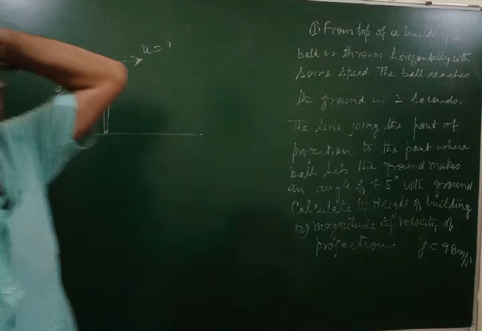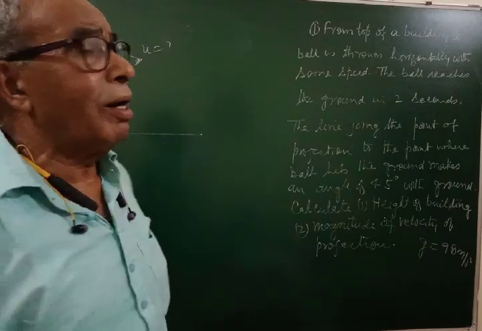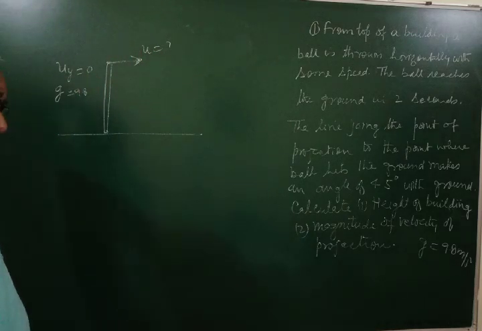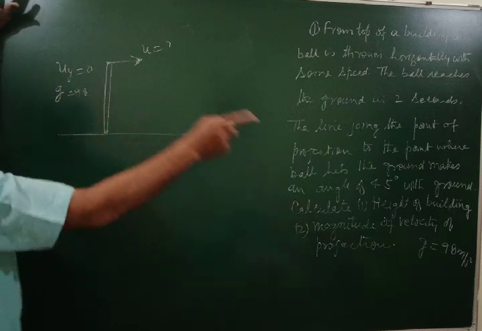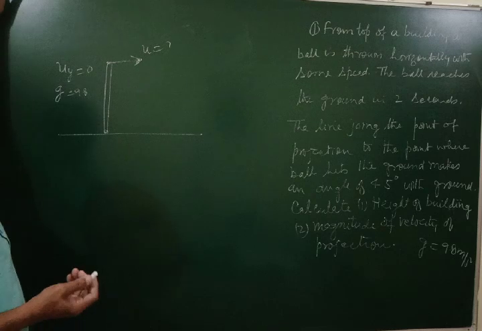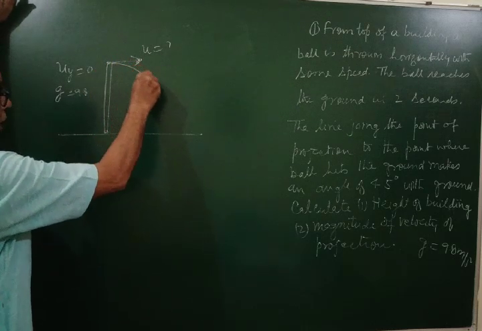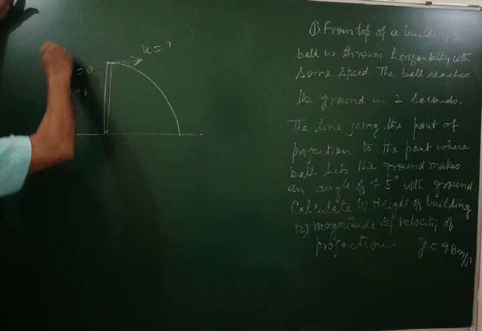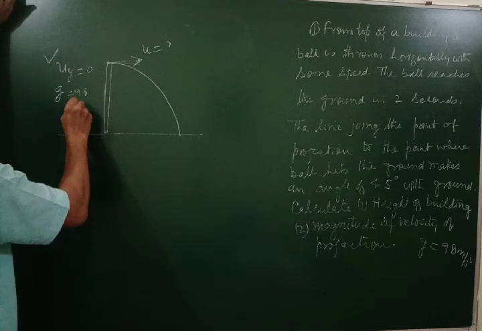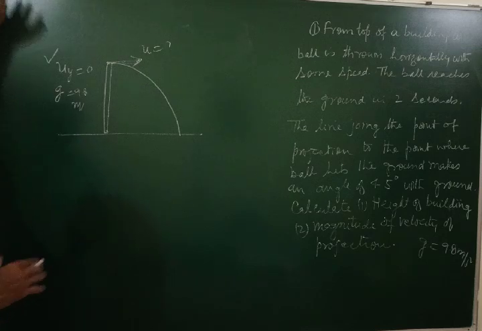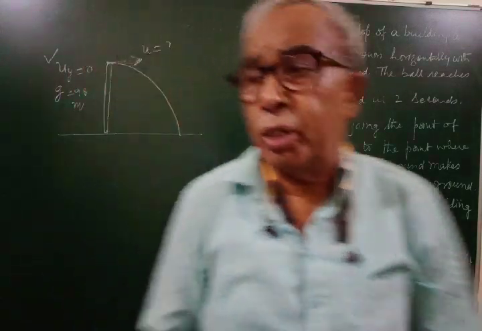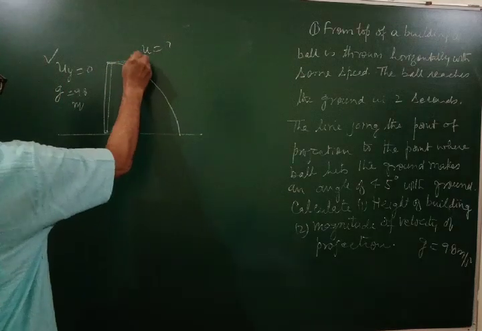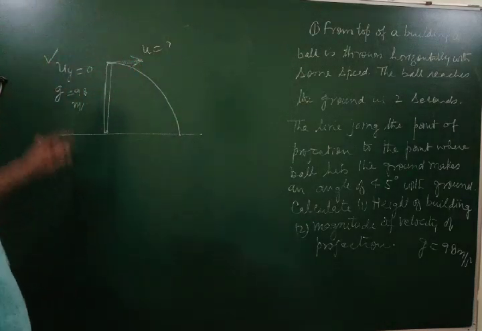So I told you while deriving the trajectory of a projectile in the vertical plane, that the horizontal component does not change, the vertical is under gravity, so it will change. So finally it comes like this, because as soon as you have thrown it horizontally, it starts falling down with this speed, 0 speed, under gravity, 9.8 meter per second square. So now there are two components in the motion, one horizontal, another vertical. So when you throw it horizontally, it falls down from u equal to 0,